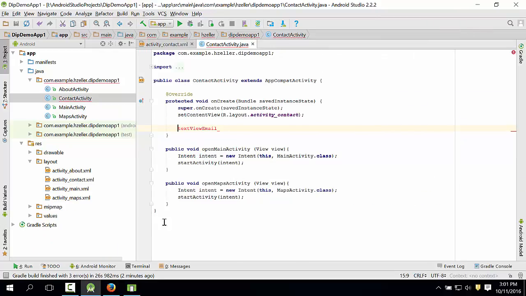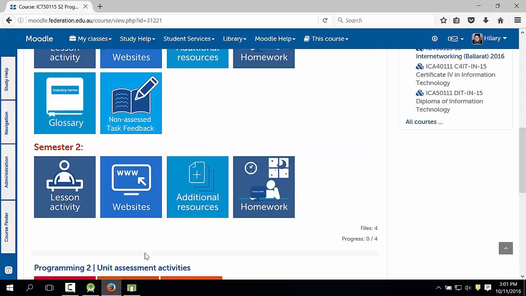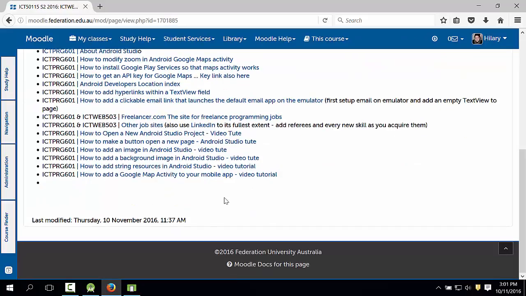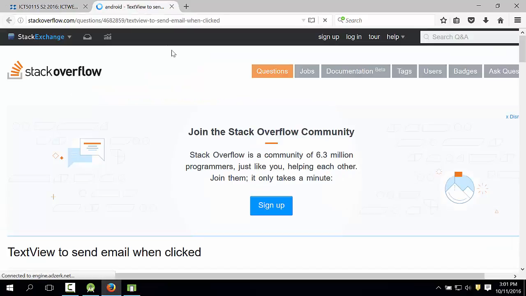Okay, so on Moodle, I've put a link to a website. If you scroll down to this one, how to add a clickable email link that launches the default email app, and it says to first set up email on the emulator and add an empty text view, which are the 2 steps we've just done. So go to that page,